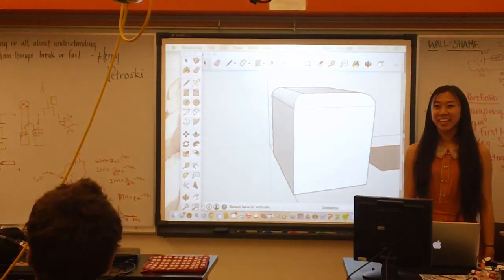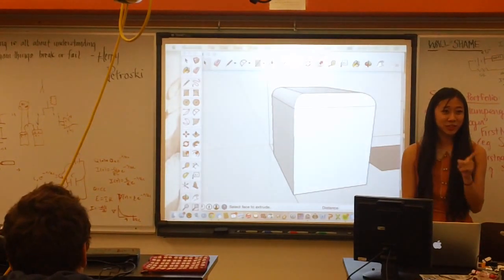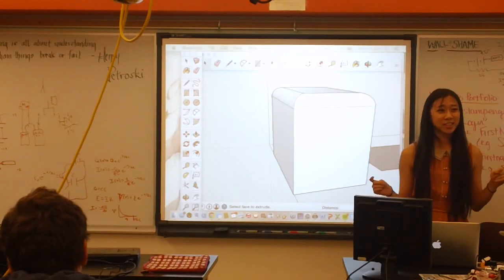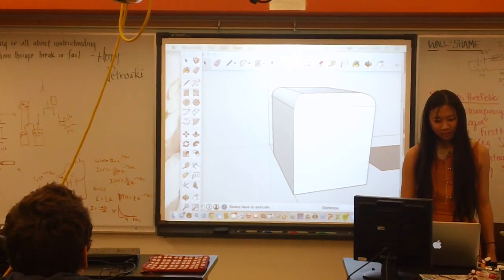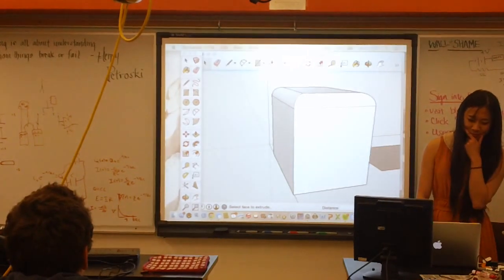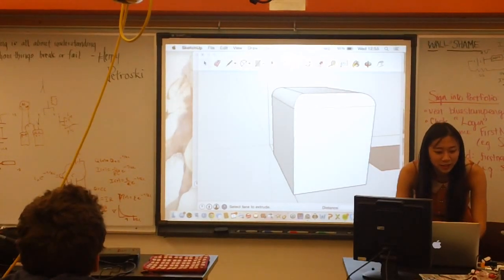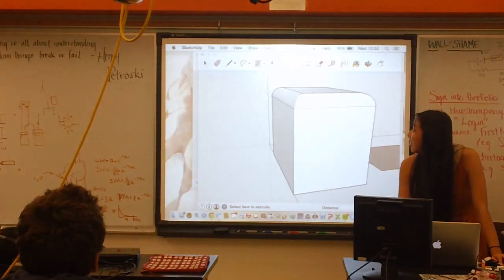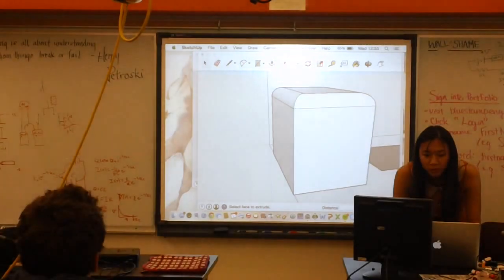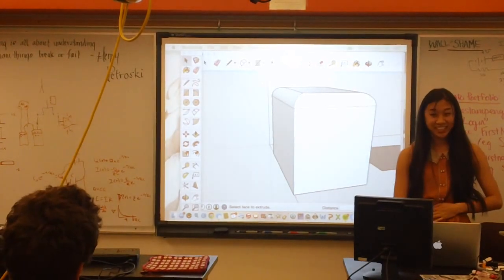Okay. Yes? How do you take that and turn it into a file that you can print with? Oh, yes. Perfect. You guys might remember that I told you that the MakerBot Replicator 2 does not accept the natural file that SketchUp creates. So what you need to do is go to Google and search for the SketchUp STL extension. Oh, that's really sad. My Wi-Fi isn't working right now. Okay, so once you've downloaded the SketchUp STL extension, which I can't show you right now,